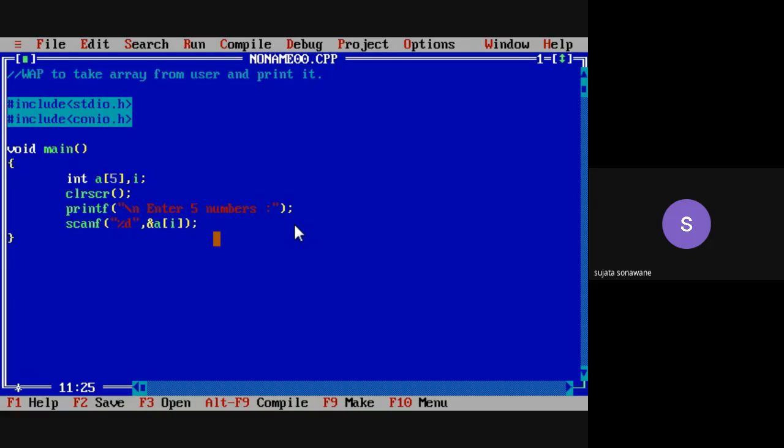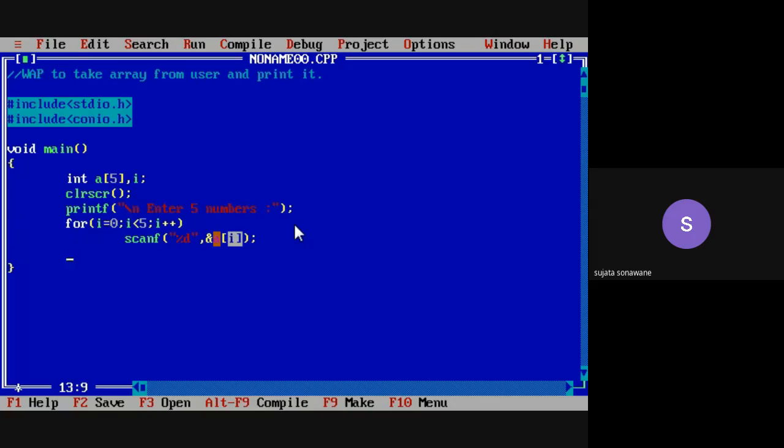Okay, now the value of this i, it is always changing. So therefore we write this scanf within the for loop. So we write here i = 0, i < 5, i++. Okay, and within this for loop, this scanf function is present.